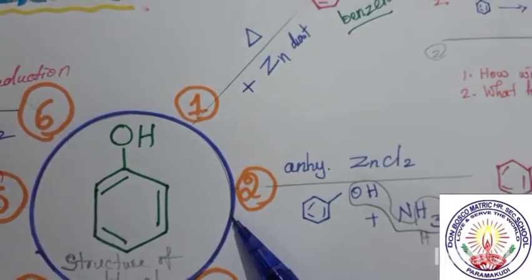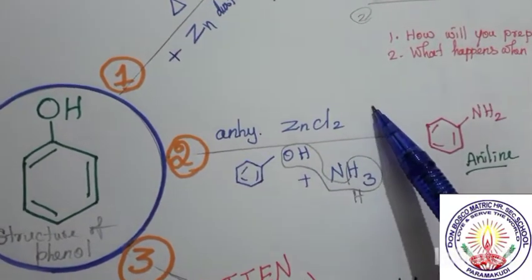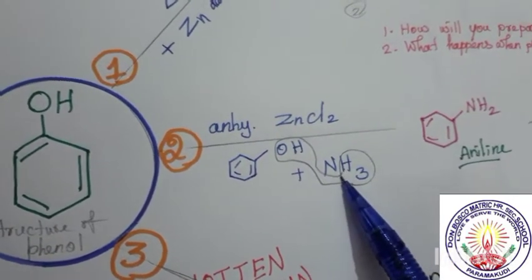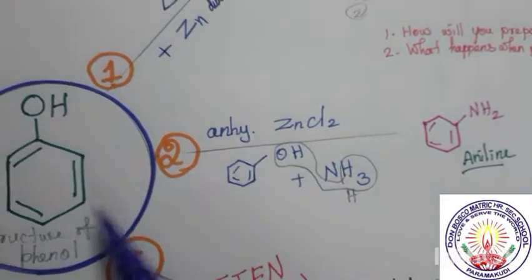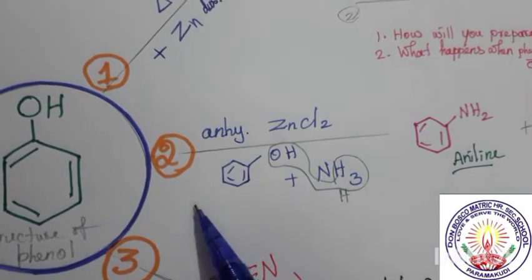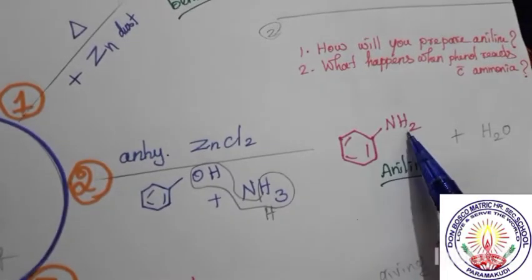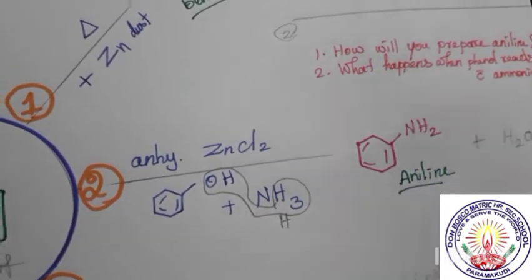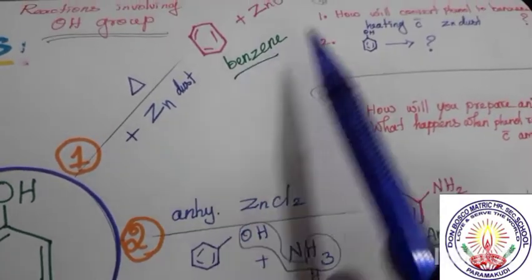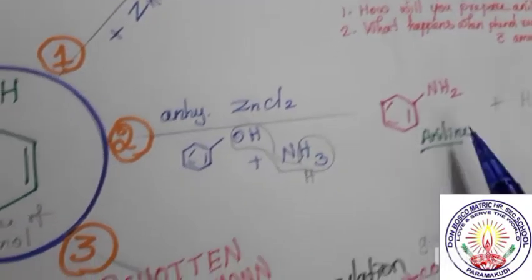The second reaction: the phenol is treated with anhydrous zinc chloride and ammonia, and we get aniline. What is the structure for aniline? NH2, that is amine. When amine is present on benzene, that is called aniline. So the first reaction gives benzene, the second reaction gives phenol to aniline. The third one is